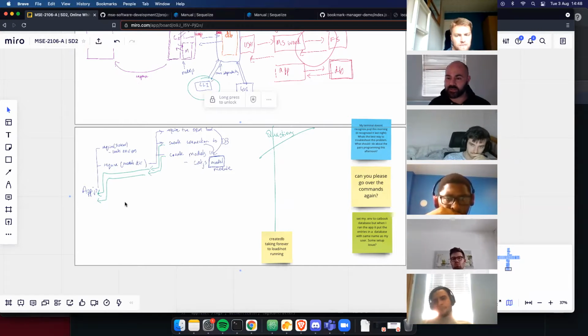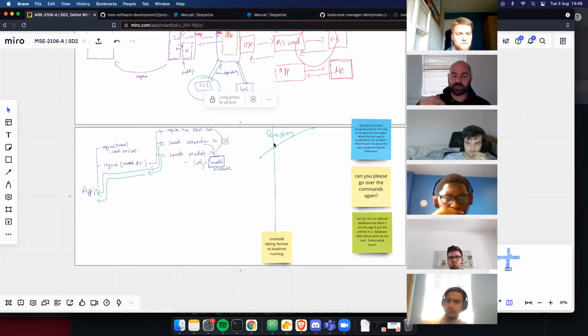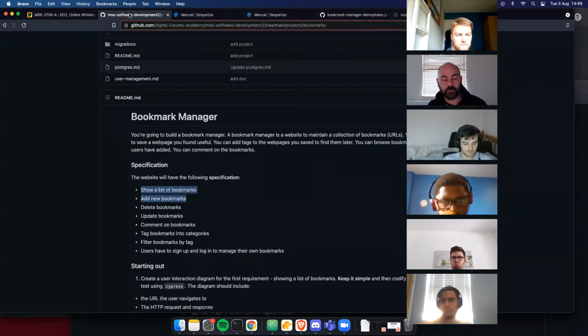I fully expect everyone to be test driving this using Cypress. Now what's going to end up happening is you're going to have a database table full of cats, because every time you run your tests, you're going to be adding data to your table. And that's okay for today. Tomorrow morning, we'll look at how we can make sure that doesn't happen. But you will end up having lots of data, maybe duplicates of data in your table, but don't worry about it for the moment. All right. Go through and write your feature test,